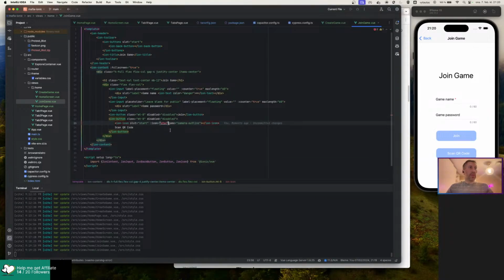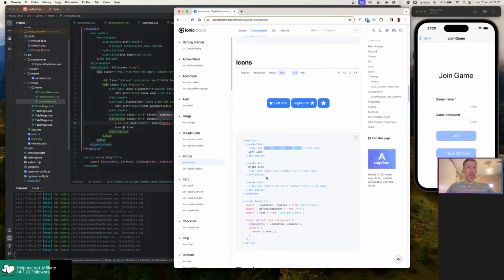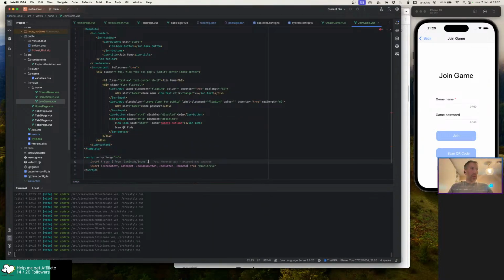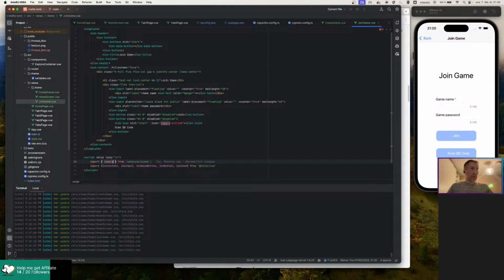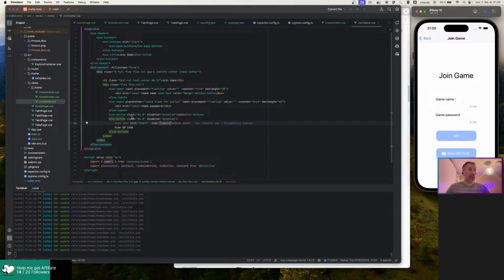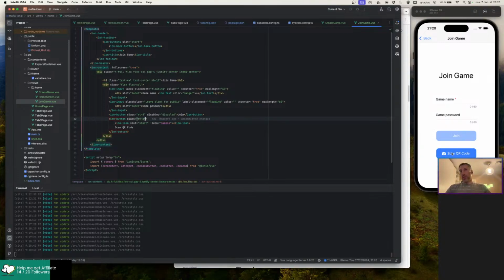All right, so and icon is gonna be this one. Oh, and it says star, and it's importing it like this. Okay, so we need to import camera. There's nothing else, just camera. Let's do this then. Yay! So we got this one, and then we don't want it to be disabled. So yeah, we have a scan QR code to join the game,